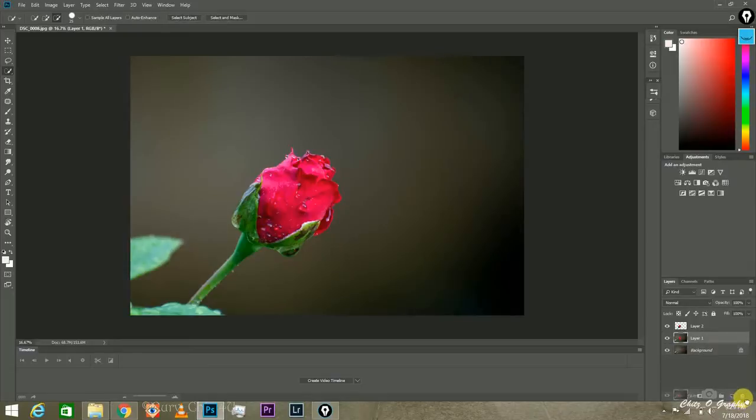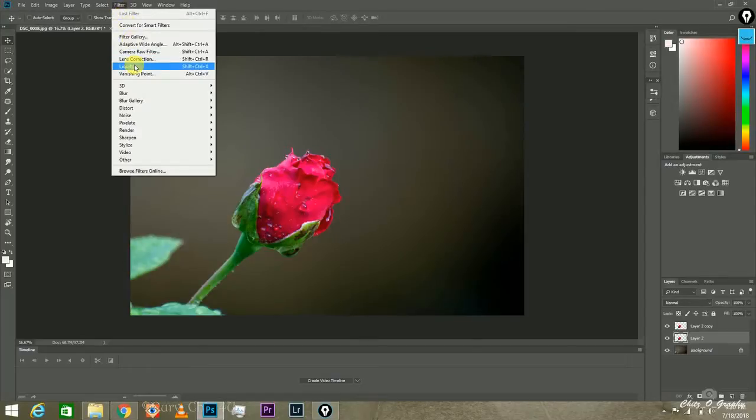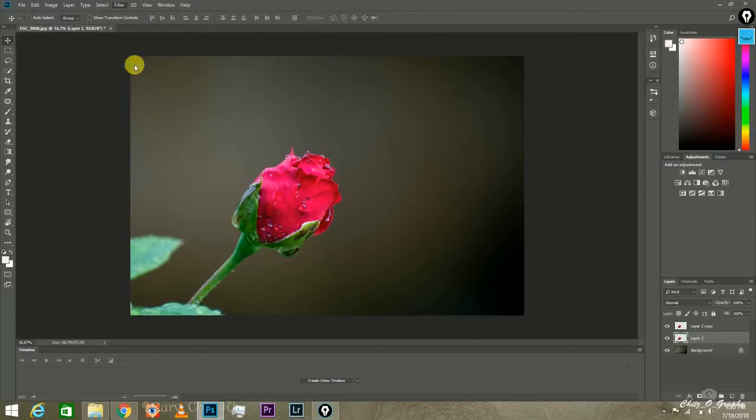Now delete layer 1 because that is of no use. So now select layer 2 and then again copy layer 2, because we have to apply liquify on the first layer. So select layer 2, click on filter, and then select liquify.